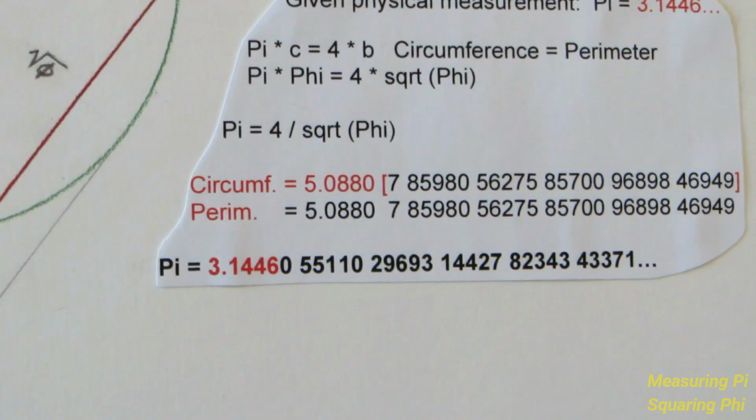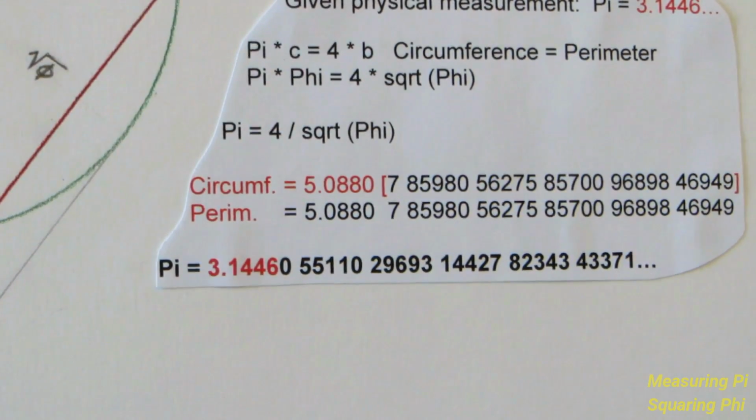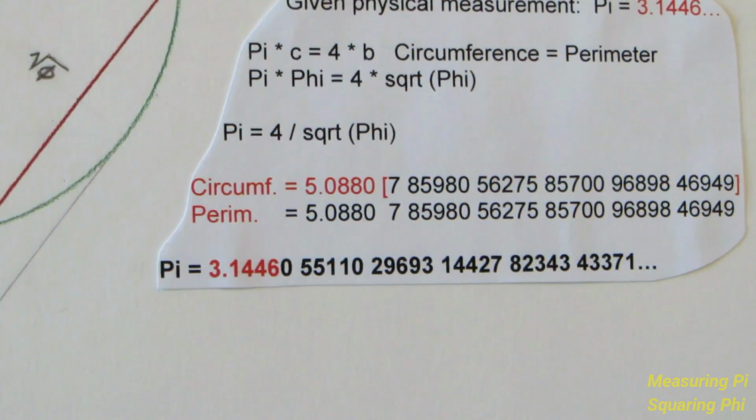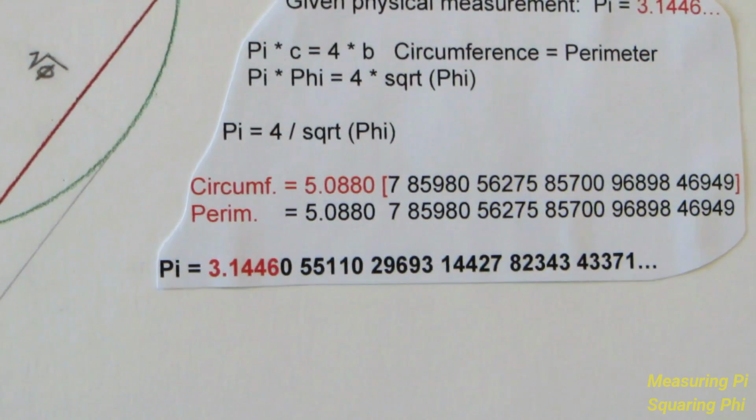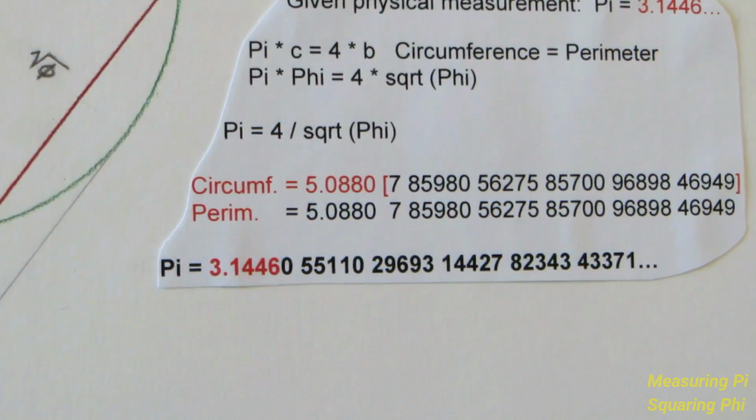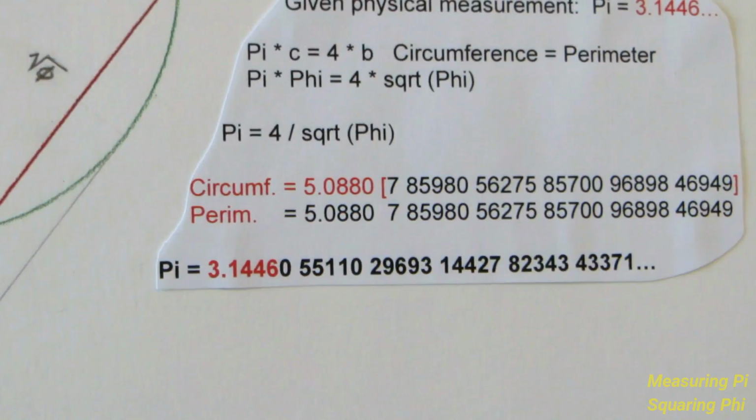5.0880, and the perimeter is also 5.0880. We can go ahead and multiply the square's perimeter all the way out to, I did 30 here. In the written proof, I carried it out to 40 decimal places. And you can see we get this long number out to 30 decimal places. And if we go ahead and substitute the value for pi that we've solved, dividing 4 by the square root of phi, that's a long number,